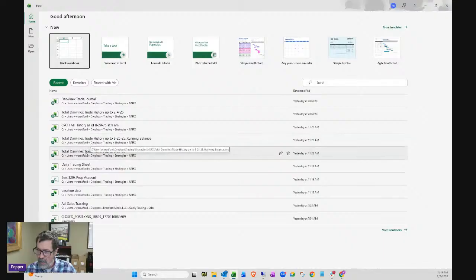Where is Bob? Where is Bob? Oh, excuse me one second. I'm trying to find the Bob. Give me one second, guys. This is why I should be more prepared. All right. Trading and strategies, and I'm going to go to, where's Bob trade tracking? Let's see if this one's it. Oh, nope. All right, I'll show it to you tomorrow because, by the way, programming note, tomorrow I will be